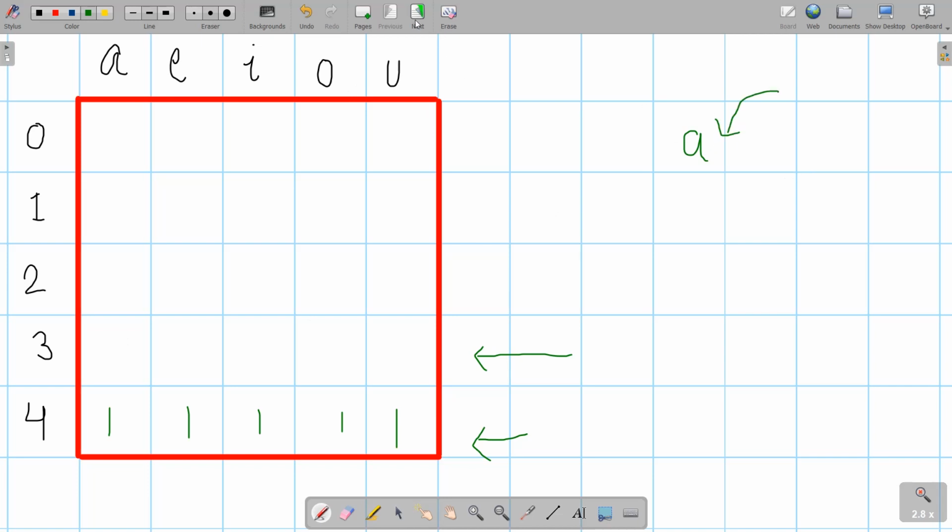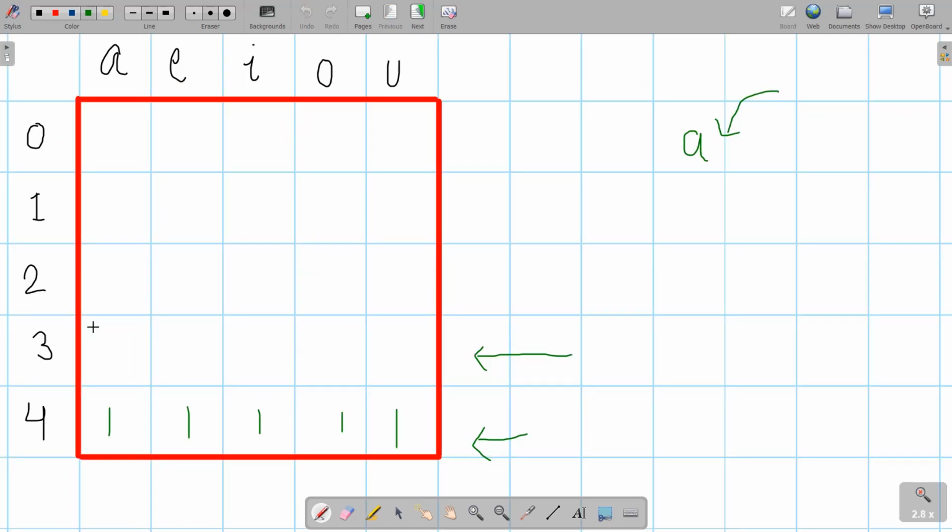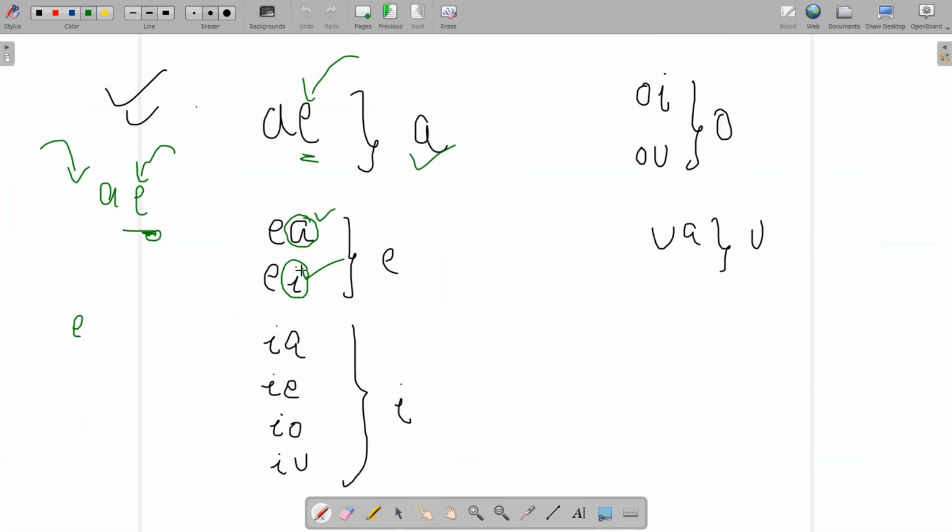The next character should be E. So if I want the length of the string to be 2 and the starting character A, I have to look up this cell, and the value would become this one. Now for E, I need strings of length 2 where the first character is E, and the next character according to the condition is either A or I. So there are two possibilities.